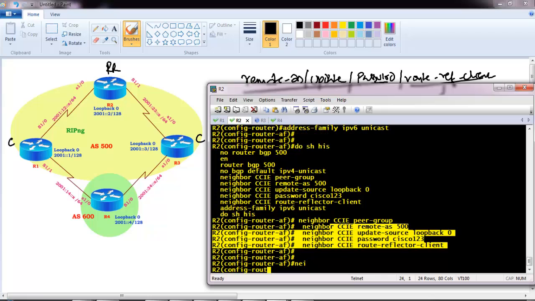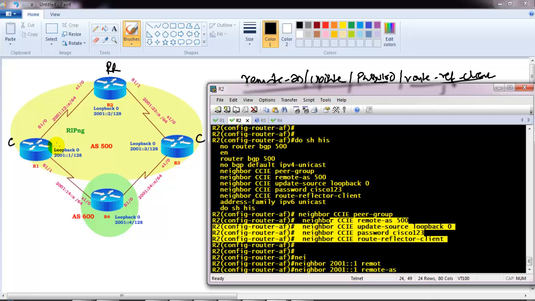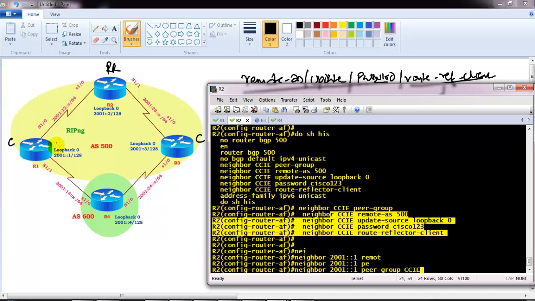Now this set of 4 commands we need to apply for all the neighbors. Right now we have 2 neighbors, router 1, and the IP address on router 1 will be 2001::1, with a slash, so not a slash, it will be remote AS 500. It's not remote AS, we need to apply peer group CCIE.